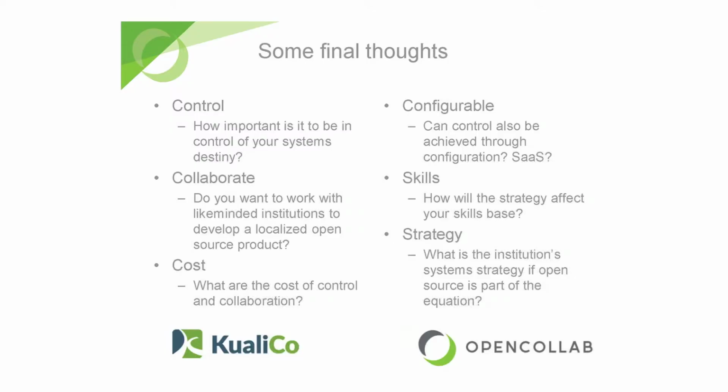So having looked at some of those, the strategy and the appetite of your institution for control, or collaboration and cost and skills and those things is what will drive your decision towards open source. If you like the idea of being in control and having your own developers adding something on quickly and you not wanting to wait for somebody else, then this is probably not a bad model to go for.